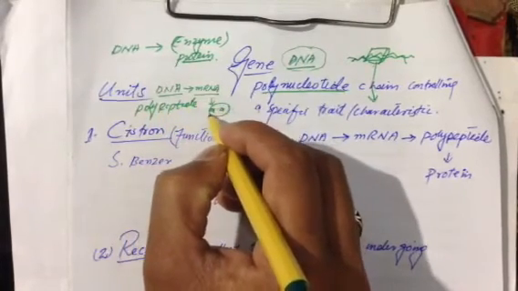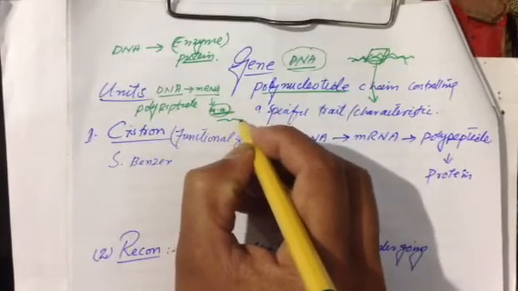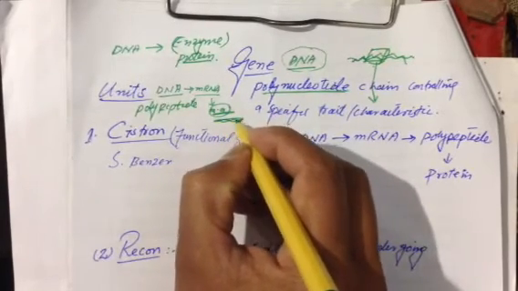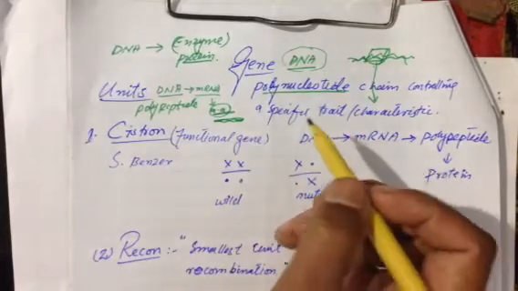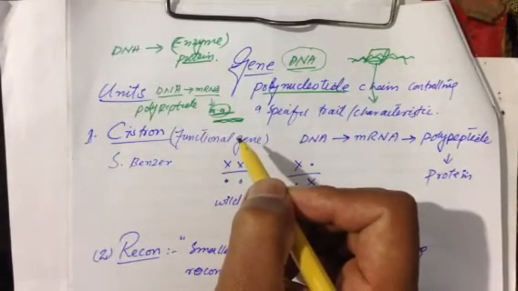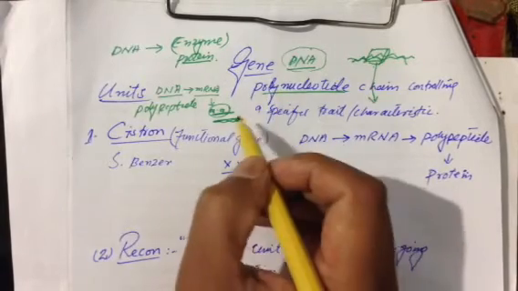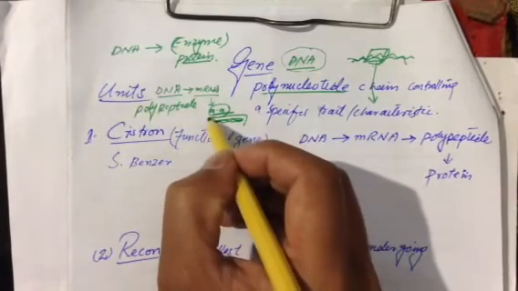It has many and many amino acids, and when these amino acids combine and form a unit, this is called protein. So this is clear from this observation of Beadle and Tatum that a single gene can produce a single